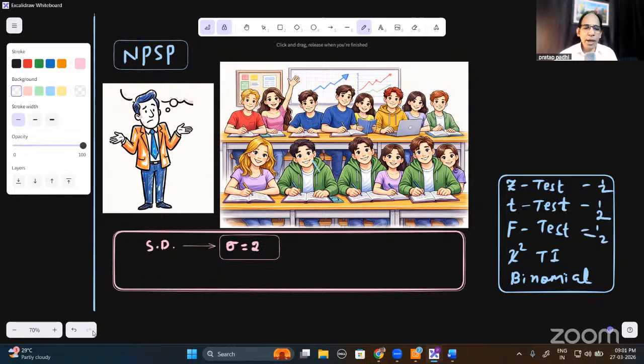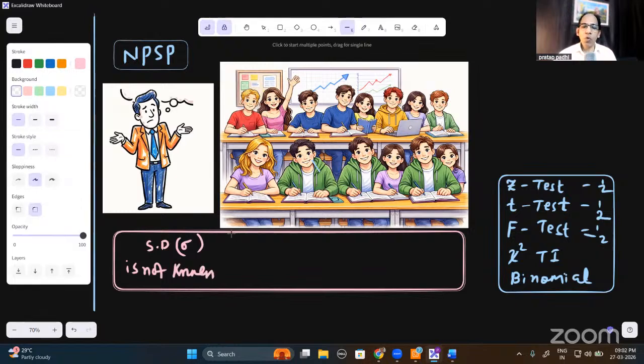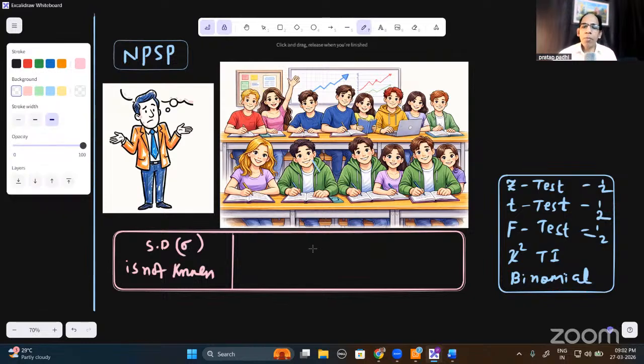I'll take N14 once again. Let me write. I don't know sigma. I don't know the standard deviation. Standard deviation is not known. So I'll go for a T test, because I don't want to visit the principal of the school and ask for details. Even if you go, there is no guarantee that they have a record, because we are talking about the standard deviation of all students. We'll even do a test in today's class. We do it ourselves, but we'll go to that later. We'll use a T test. Now my hypothesis is H naught and then H1.